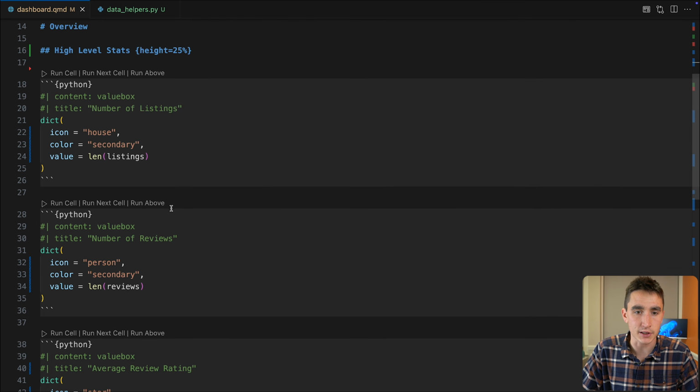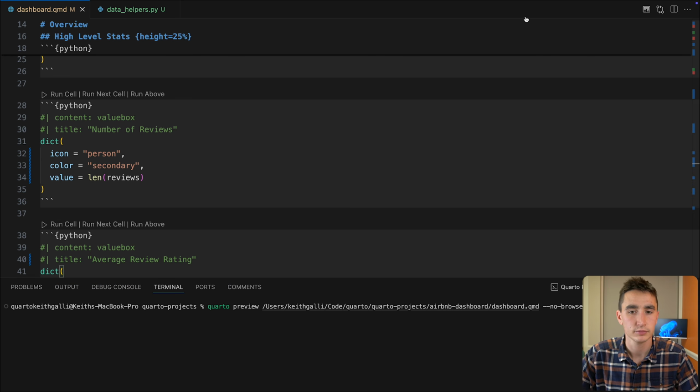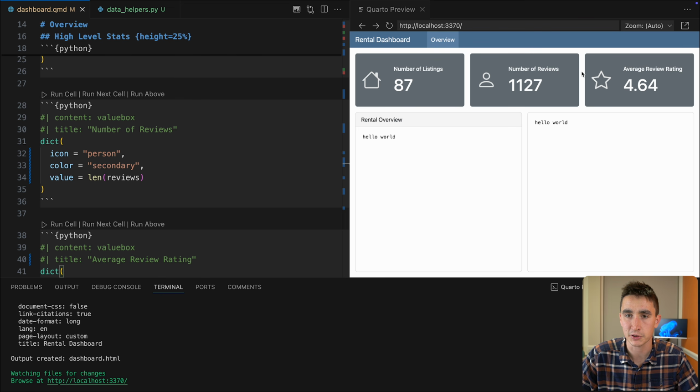So for this last value, we could pass in some code here. We already have it as a Python cell, so let's think how we would do this. Maybe make it an F string. Reviews dot overall was the column. And I think we can just take the mean. And I do like this syntax with F strings, show two decimal places as a float. Close this off, and let's rerun our dashboard. Cool. And now we actually have some real data here in our dashboard on some info on our listings and